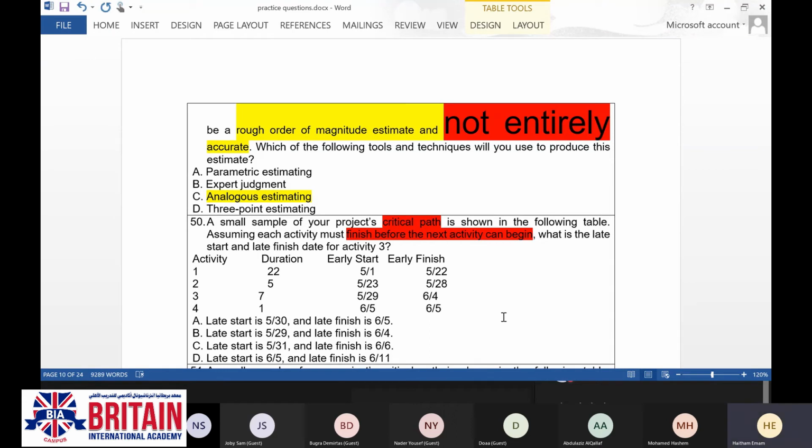If you remember, when we were calculating the float for the activities which will be on the critical path, the total float will be equal to 0. That is for the activities which are on the critical path.